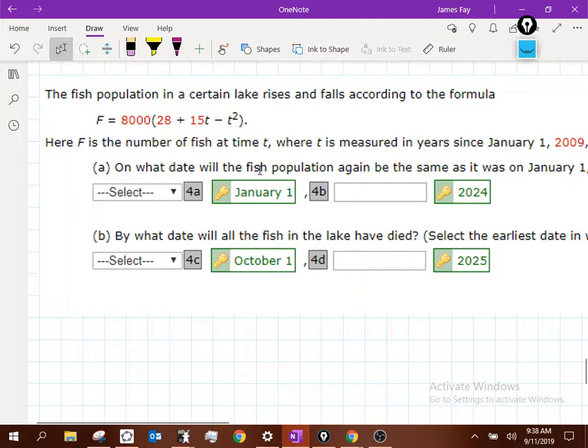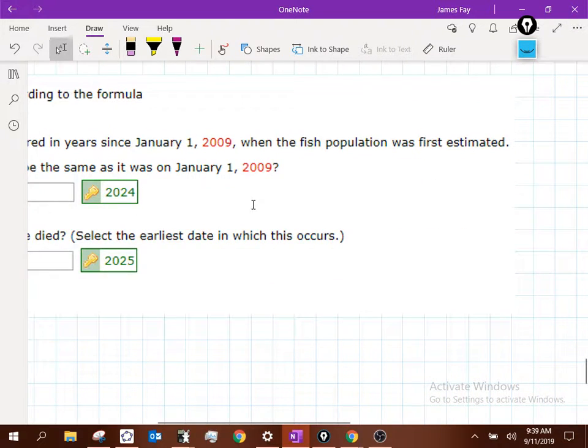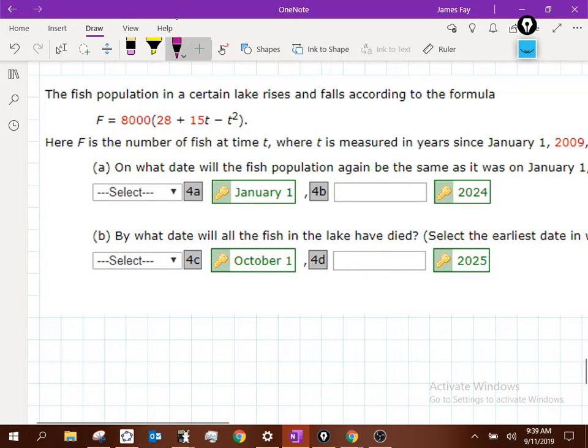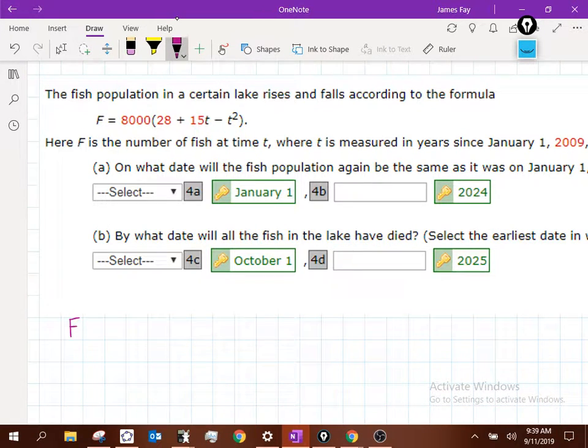So what we want to do here is take this thing and try to determine what the fish population was at time 0. Does that make sense? Okay. Because time 0 would be the initial time, correct? Okay. So if I say F is equal to 8,000 times 28 plus 15t minus t squared, okay? At the initial time,